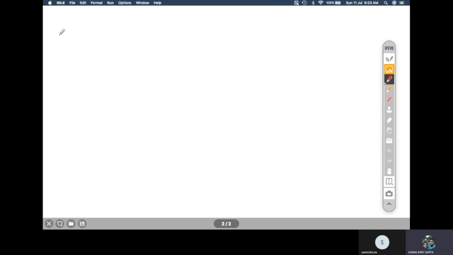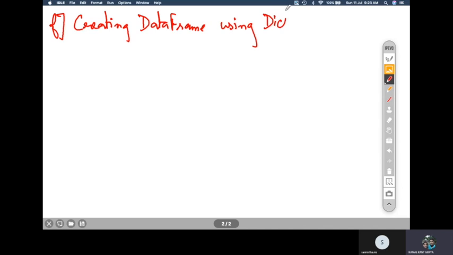Let us create a data frame using a dictionary of series.